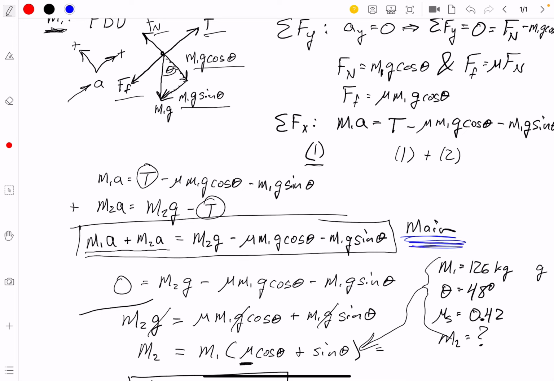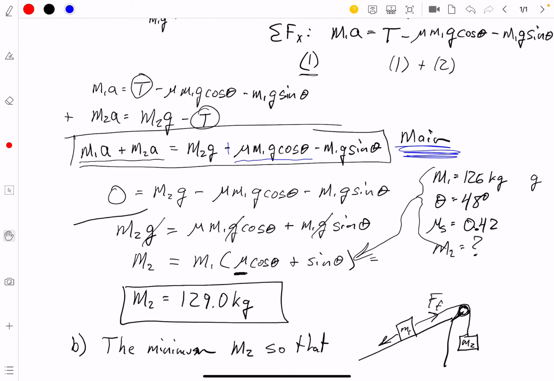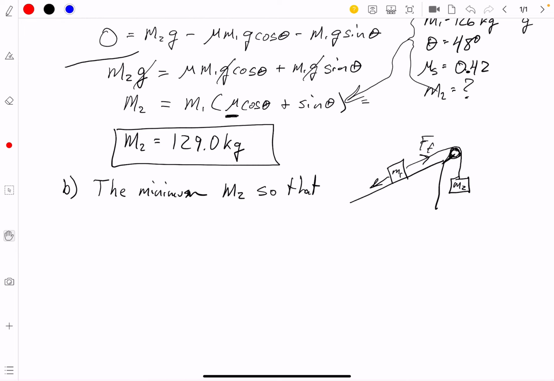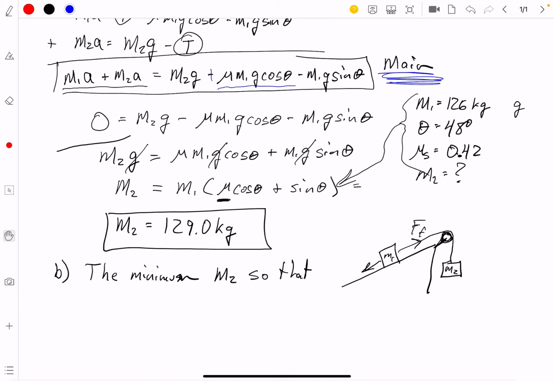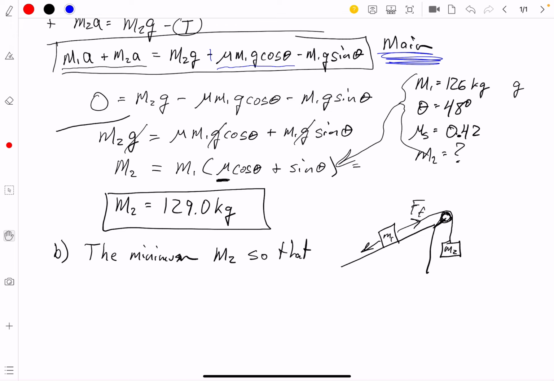This main equation, here's where the friction comes in, and I'm just going to make this positive. Okay, so that's now my new main equation because I've flipped around the friction for the situation. You can go back through and do all the rigmarole work that you might want to do to figure that out. But if you do, you're going to come up with